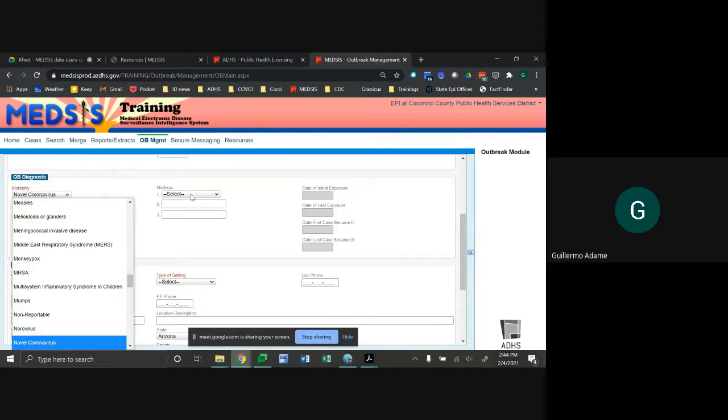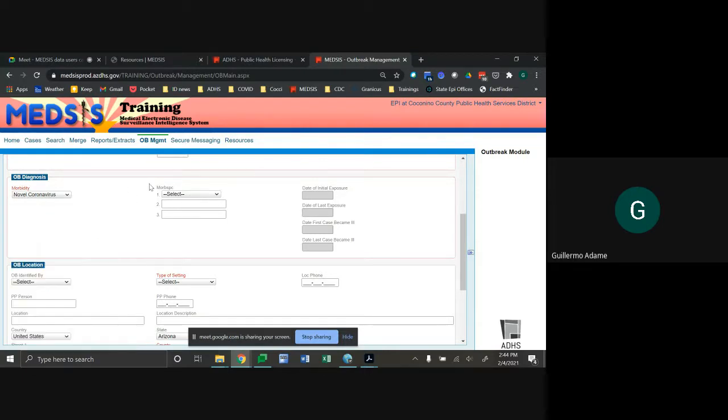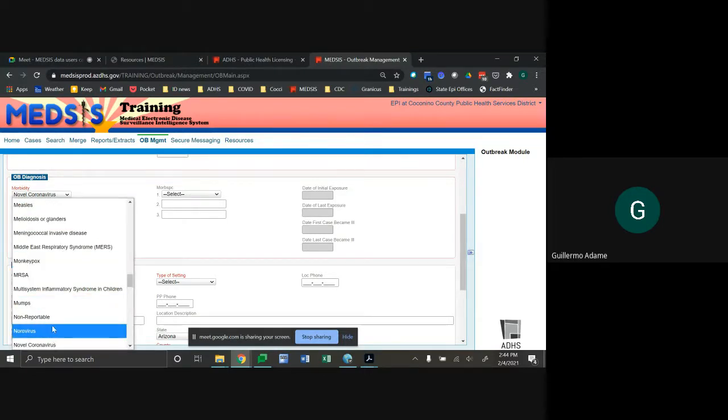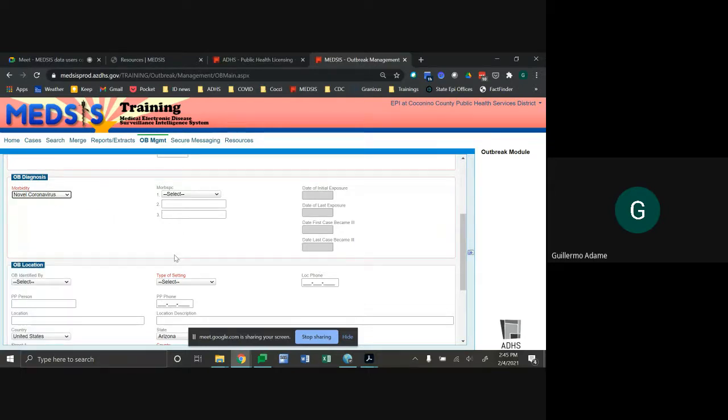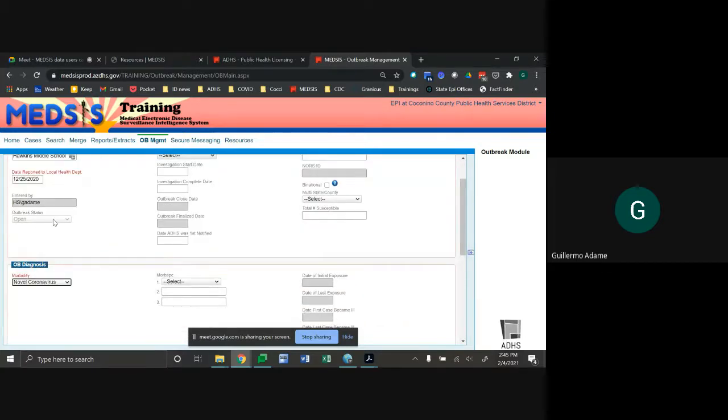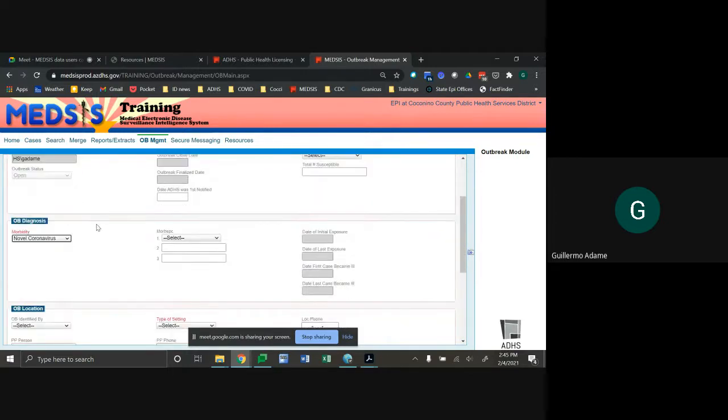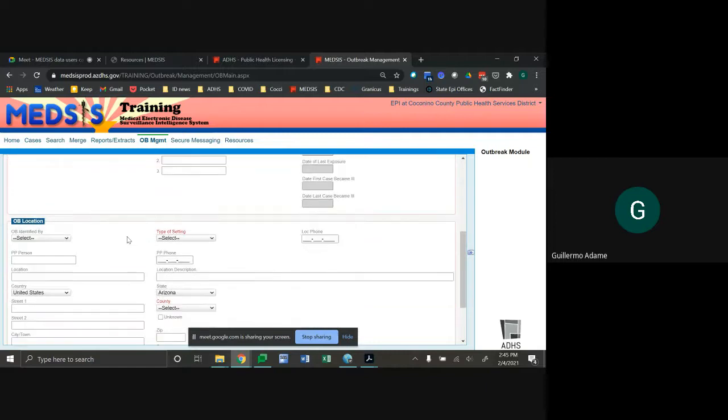So if the morbidity is entered incorrectly, say you accidentally clicked norovirus or something around there, and you meant to select novel coronavirus, it's not the end of the world. You just have to update the outbreak status, which is here. We haven't created the outbreak yet, but once we do, this field will be able to be edited. So you just have to update this field to ruled out and re-enter the outbreak with the correct morbidity. Please also note that outbreak entries cannot be deleted or merged. So we've got the correct morbidity here.